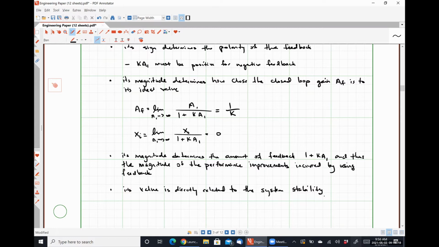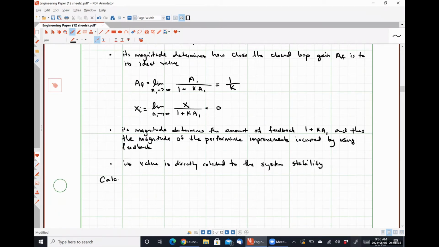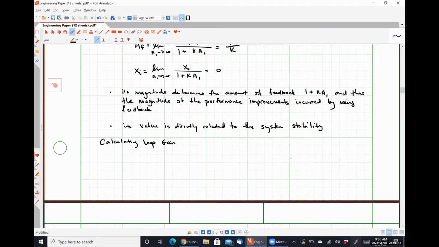Because the loop gain is such a critical parameter, it's probably fairly useful to know how to calculate it. So we are going to talk about a method by which to do that. It is a 3-step process. The first step is to set XS equal to 0. So we're looking at our feedback amplifier while we are applying no excitation to the system at all. Our next step is that we need to break the feedback loop at a location such that